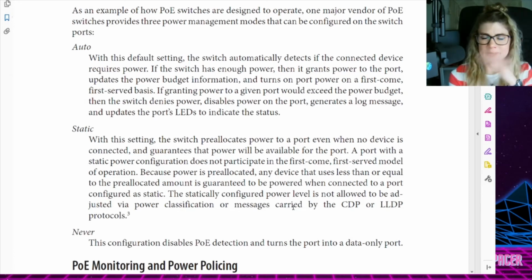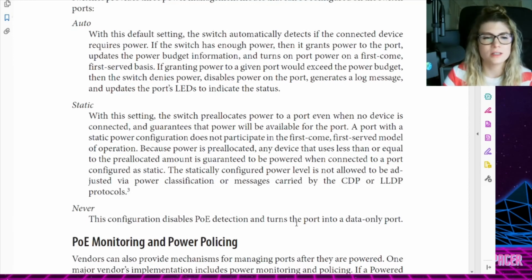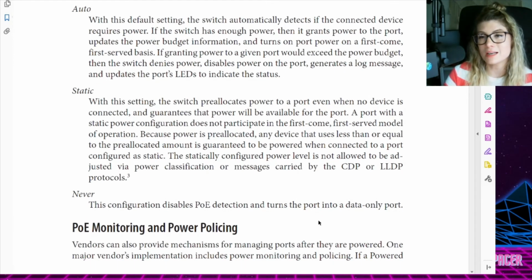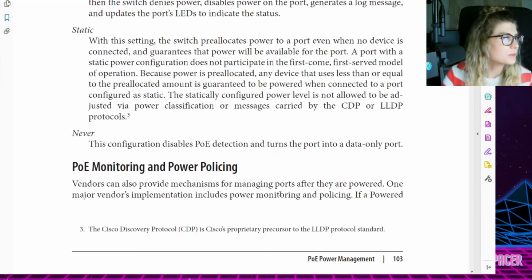The statically configured power level is not allowed to be adjusted via power classification or messages carried by the CDP or LLDP protocols. Okay? And then our last mode is called Never. This configuration disables PoE detection and turns the port into a data-only port. Cool. All right, PoE monitoring